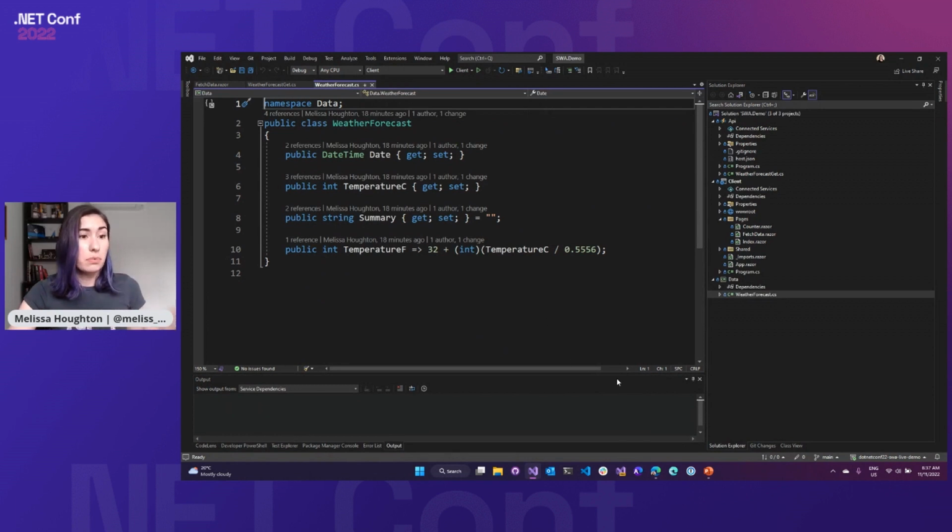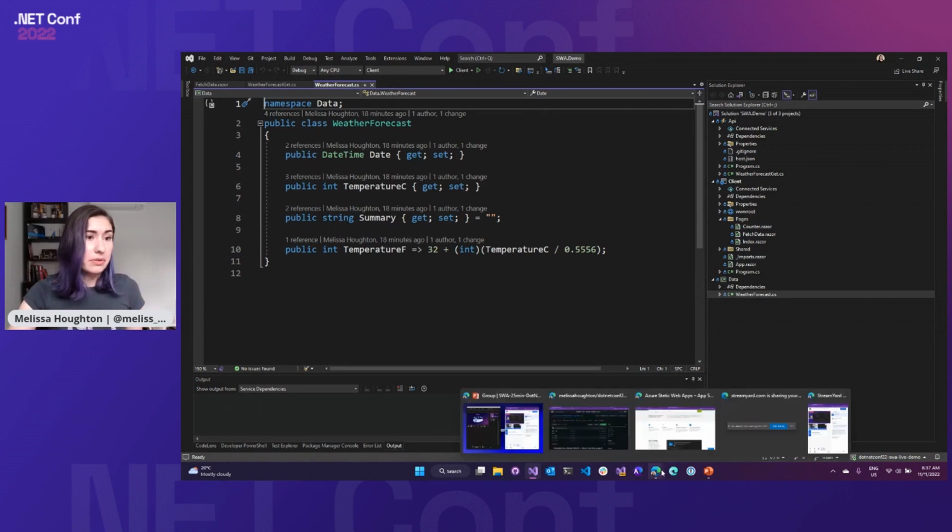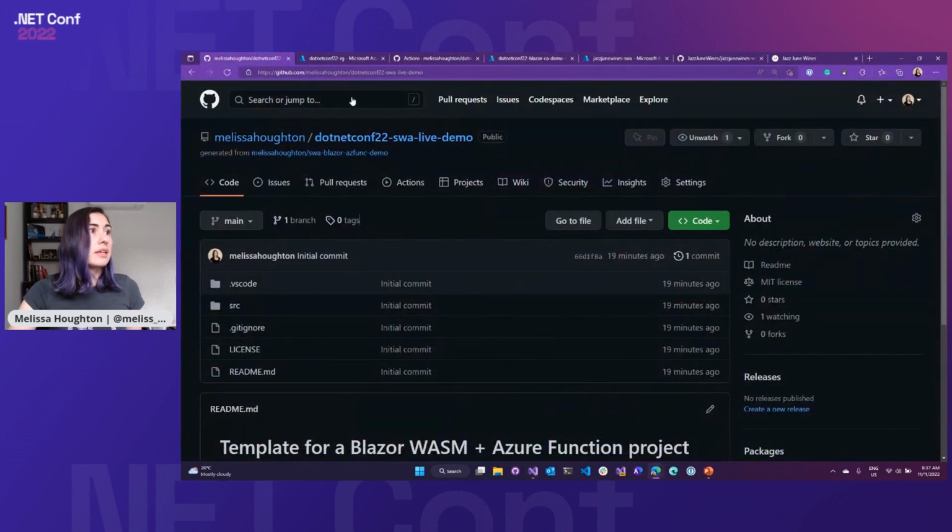But I want to deploy this. So right now it's on my local computer, and I also have it already up in GitHub as well, but it's not on Azure yet. You can see I don't have any workflow files here or anything like that, but we're going to set up a GitHub action to deploy this directly to Azure. And we can actually get Azure to do that for us.